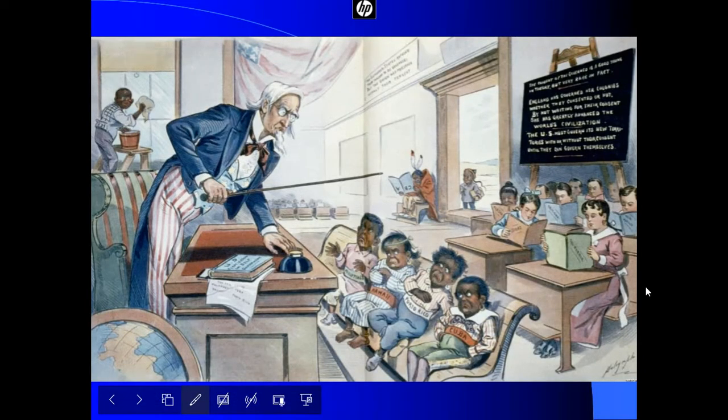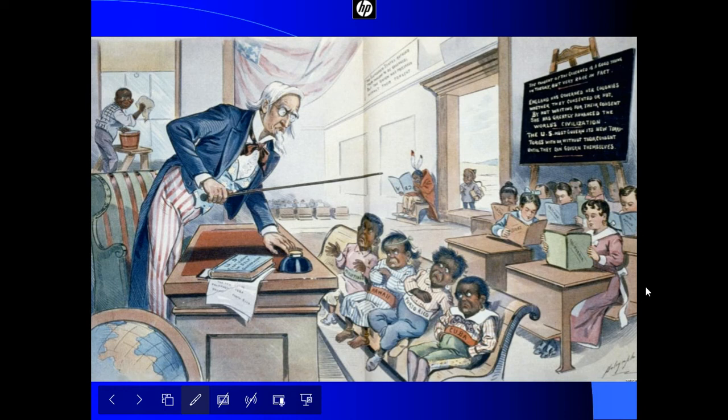So now what you're looking at is what would now be considered a wildly racist cartoon. But you have Uncle Sam that's going to represent the United States, who is also engaging in imperialism, trying to educate these lesser groups, or these groups that are not as civilized, quote unquote. So in the back of the classroom, you see the children of America sitting quietly learning because they're civilized. And up front, you see the territories that America has conquered: Cuba, Puerto Rico, Hawaii, and the Philippines. And they are drawn to look, quite frankly, just less evolved, right?